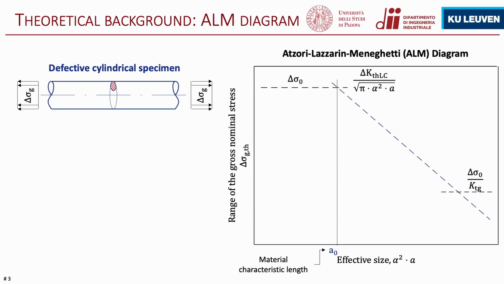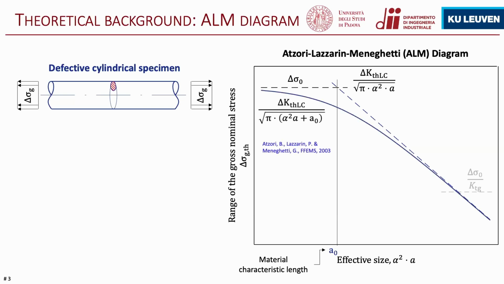And we can identify 3 different trends. The first one is for small defects or short cracks, where the fatigue limit approaches that of the defect-free material. Then the linear elastic fracture mechanics portion of the diagram, where the defect or the crack behaves like a long crack. And if we have very large defects with a rounded geometry, we can reach the full notch sensitivity region, which is included in the Lazzari Meneghetti diagram, but is not relevant for this presentation, and so it will be removed.